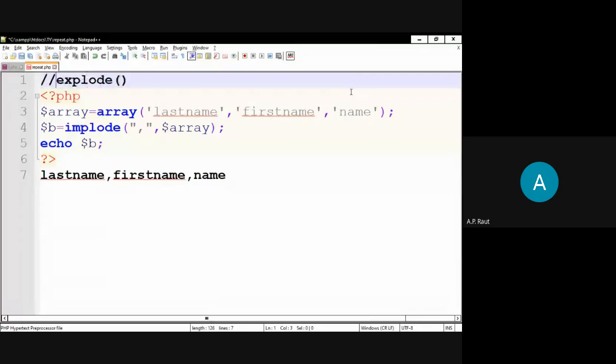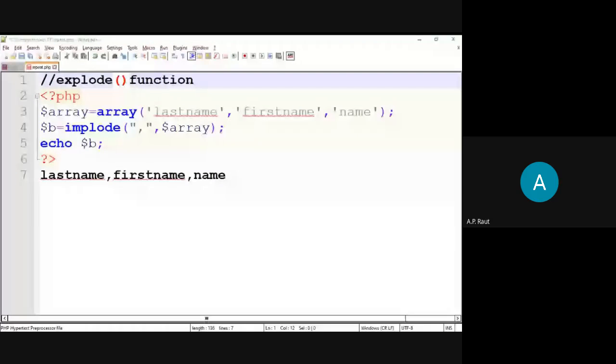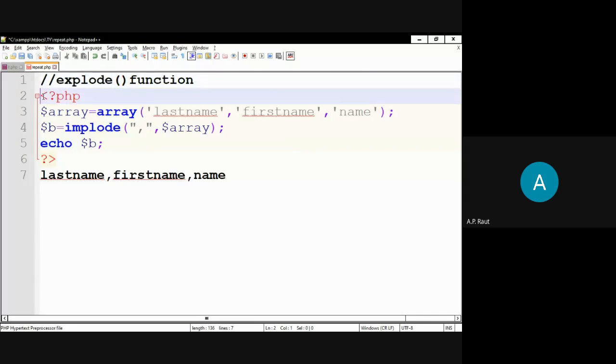It breaks a string into smaller parts and stores it in an array. So write down the syntax.